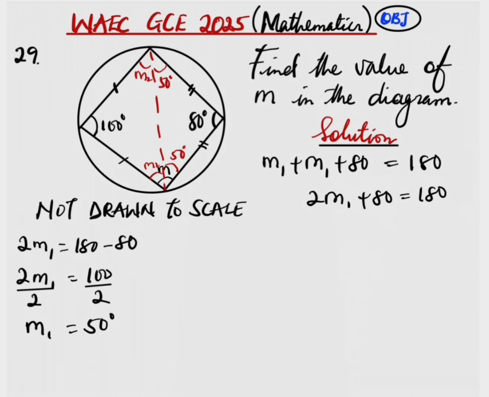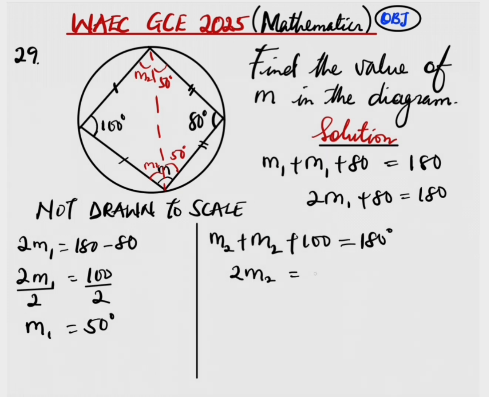Again, from the second isosceles triangle, m sub 2 plus m sub 2 plus 100 degrees equal to 180 degrees. 2m sub 2 equal to 180 degrees minus 100 degrees. 2m sub 2 equal to 80 degrees. We divide both sides by the coefficient of m sub 2 and we get the value of m sub 2